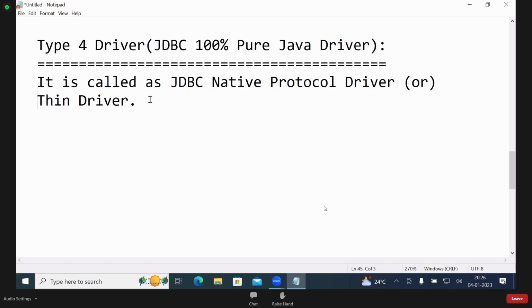Why it is called thin driver: between Java application and database, nothing is there. In the remaining ones, first ODBC is there, second native library, third middleware. But in the fourth one, nothing. That is the reason it is thin. Those are all thick, this is thin. Type 2 drivers are many, type 4 drivers are also many.